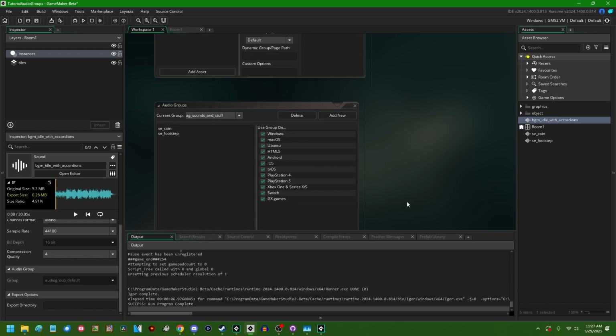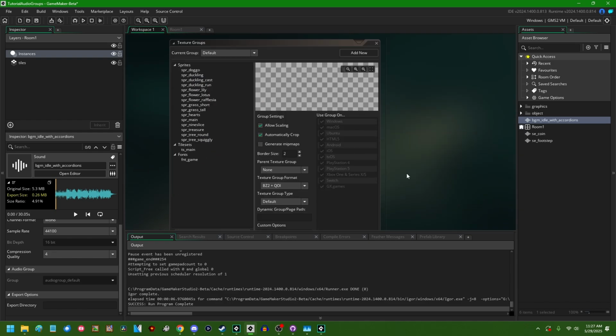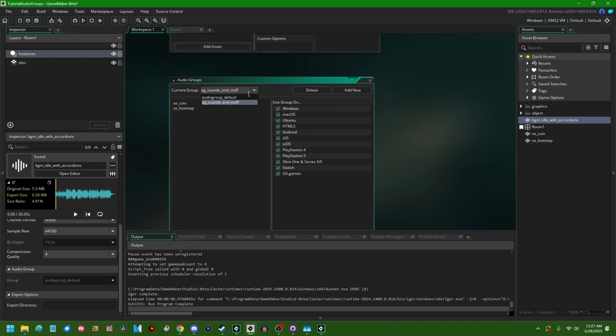I will get into that later. So first, let's see what we can do with audio groups. The default audio group, audio group _default, which by the way cannot be renamed. That also makes it a little confusing when you try to rename an audio group that you created, because consistency. The default audio group will be loaded into your game as soon as it starts without you having to